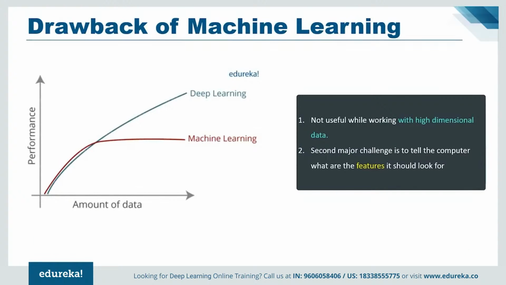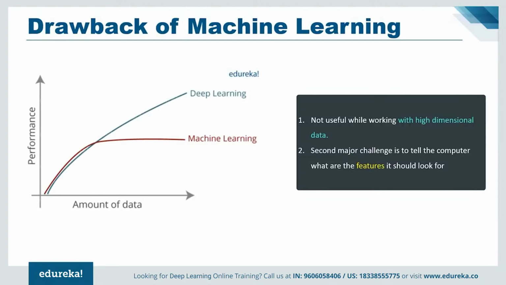So traditional machine learning algorithms are not useful while working with high dimensional data. That is where we have a large number of inputs and outputs. For example, in case of handwriting recognition, we have a large amount of input, with different types of input associated with different types of handwriting. Handling and processing such data becomes very complex and resource exhaustive. This is termed as the curse of dimensionality.